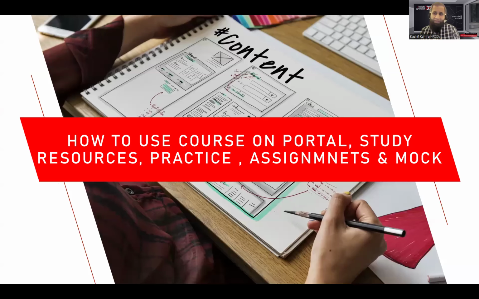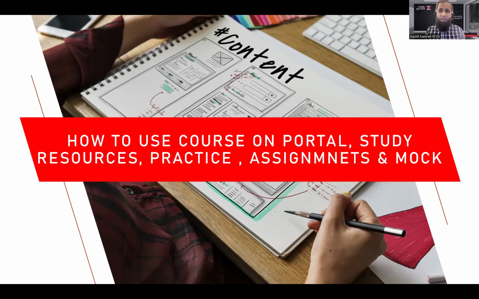Okay, now coming to the main thing. We understood the AAA paper in terms of the brought forward knowledge from the law paper and the FR paper. We understood the importance of the International Accounting Standards in the paper. We understood the syllabus, the 5 areas. We understood the paper format, sections A and B. We understood the pass rates and generally why students fail. Now that must give you a bit of familiarity with the paper you are enrolling for. Now let's come to the AAA course on my learning management system, how the course looks, and what my expectations are from you.